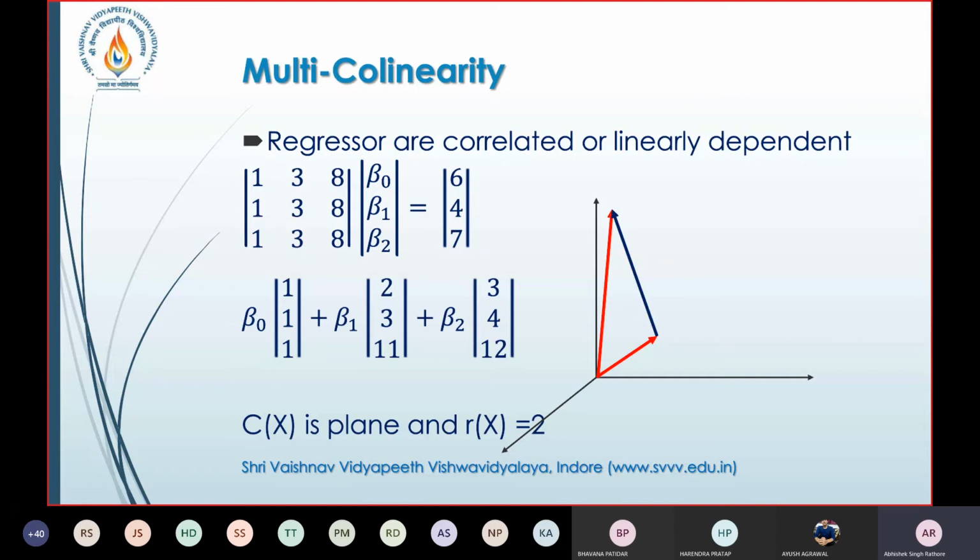So again we are taking another value. I wrote something slightly wrong here. My values over here are 2, 3, and 11 again. Then this is my 3, this is my 4, and this is my 12. Fine. So now, where is multicollinearity coming in here? Can multicollinearity arise in this case? Yes, we can say that the combination of the first 2 columns gives you the third column. This is 1 plus 2 equals 3. Again 1 plus 3 equals 4. Again 1 plus 11 equals 12.